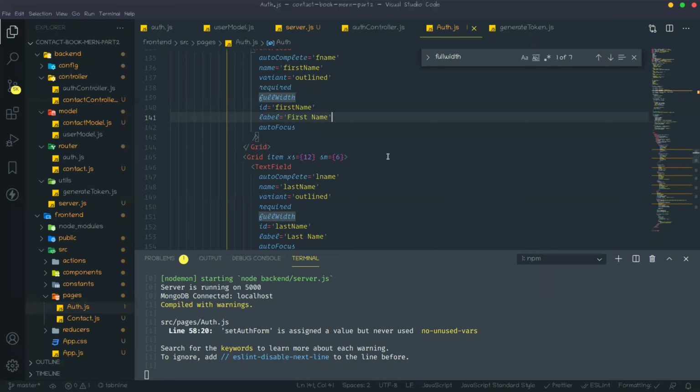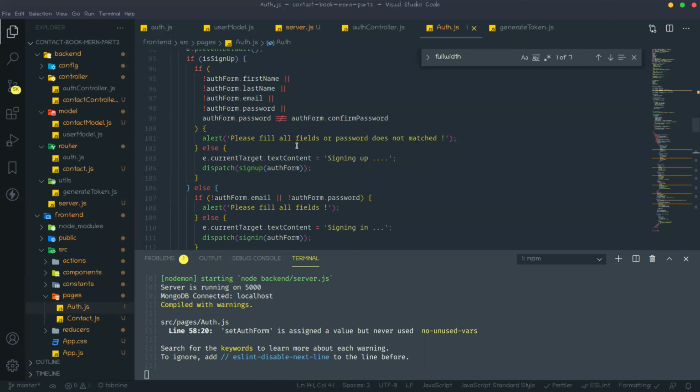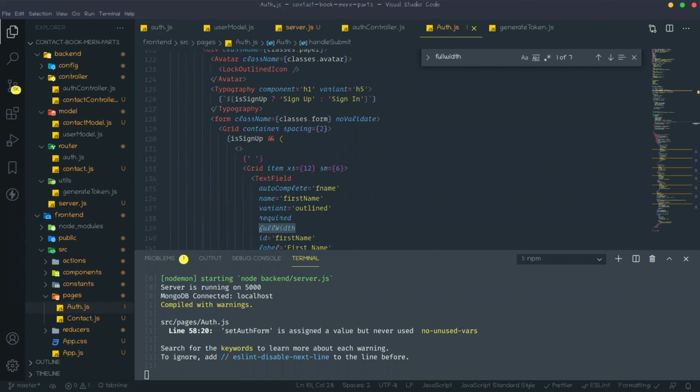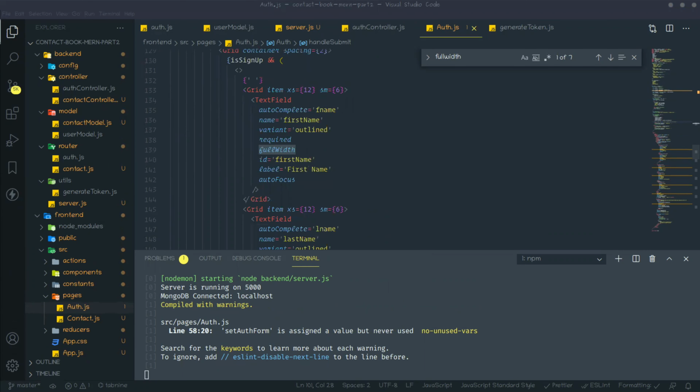Why is this happening? Oh, sorry, I actually forgot. We need to fill that state on the change event for every text field.